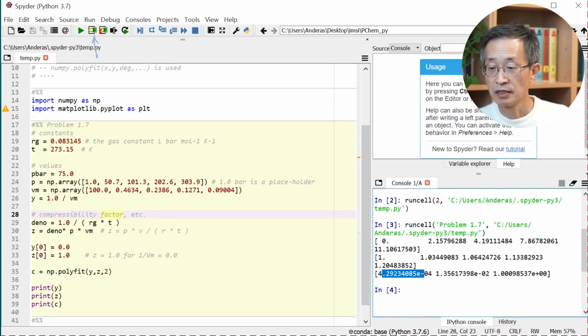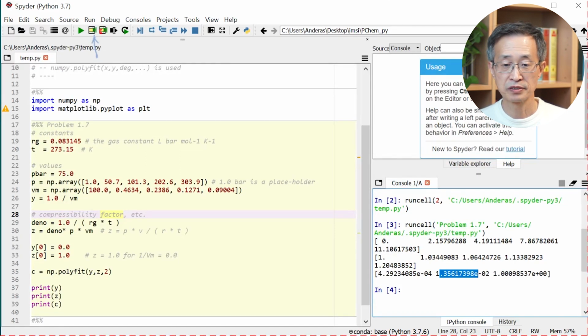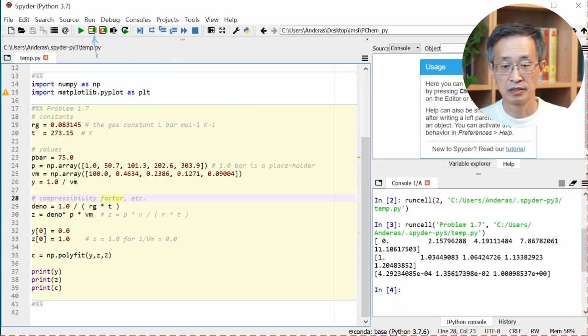So this is C, and this is B. Yeah, that's right. It's the third virial coefficient and second virial coefficient. Okay, so we basically just did problem 1.7. Now we have that formula, we have the virial equation. Now we are going to solve